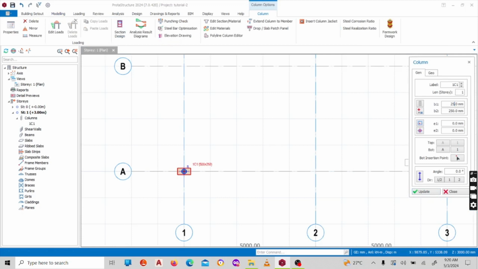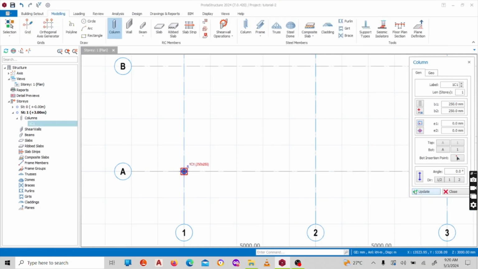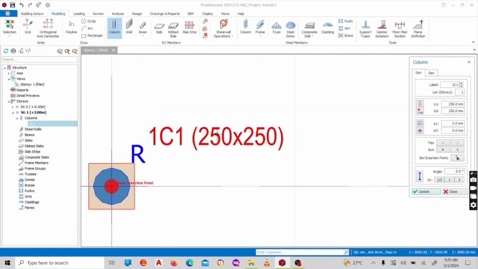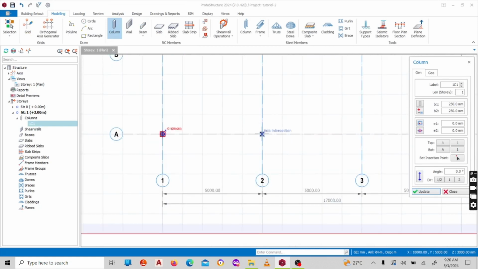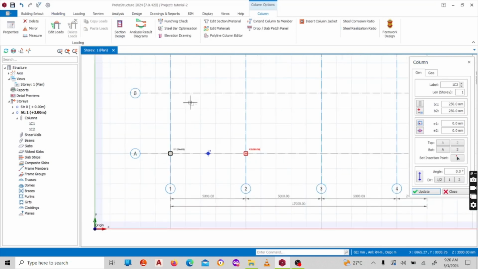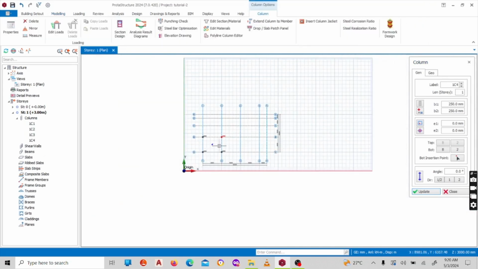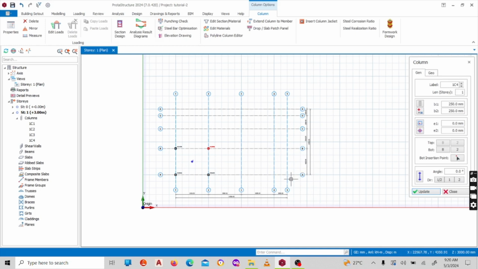Can just change it here again. Then I say update. Okay, now it is square. It is reading here 1C1, 250 by 250. Can select there, select there, select there. Or conversely, just to be quick, you can just